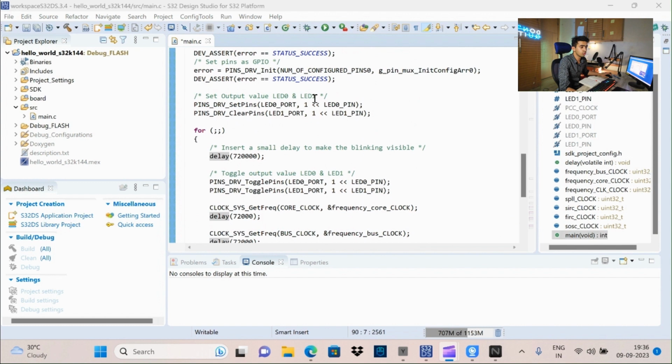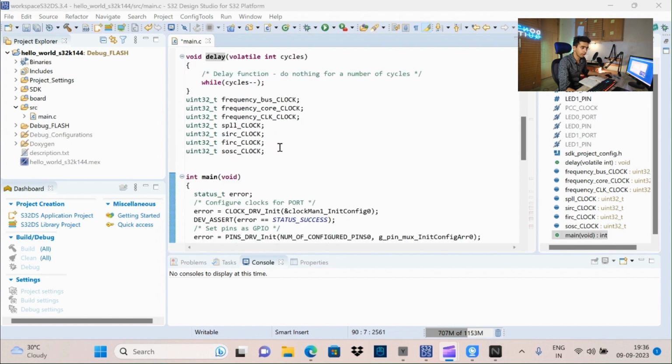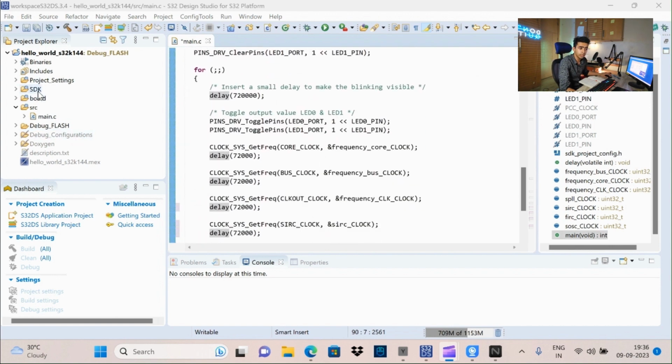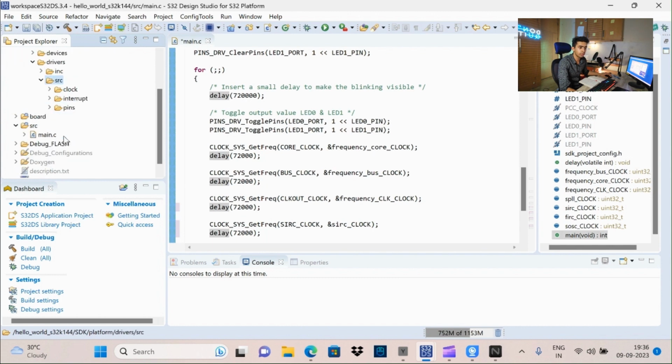Okay, so this is the demo code, which I have built over the Hello World example only. Over here there are two APIs which are important to be used for the clock peripheral. In the SDK folder structure, under platform and under drivers, you will be able to see